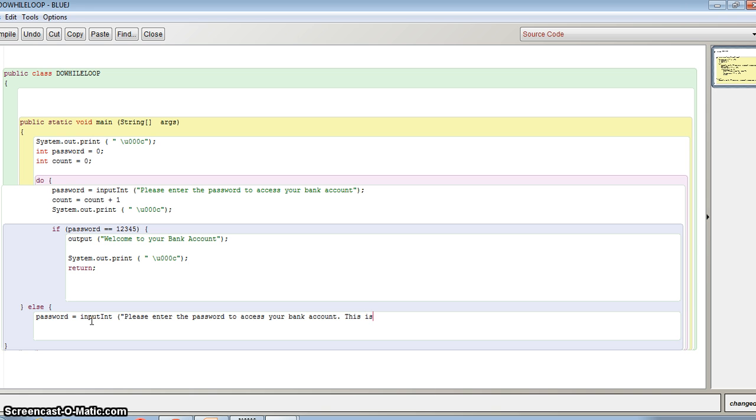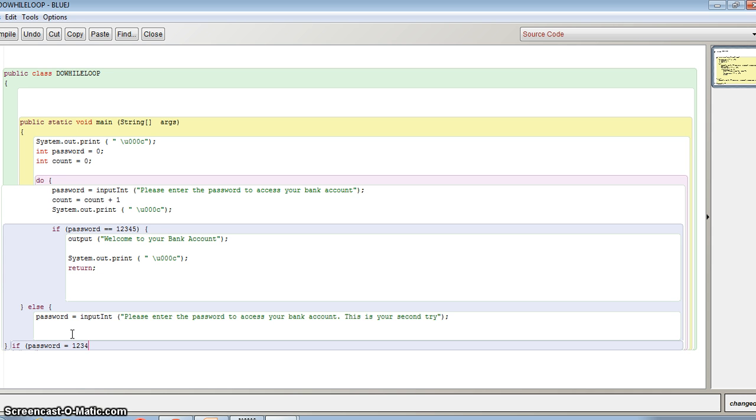This is your second try. Right, this is their second go, and if they do get it right on their second go, then